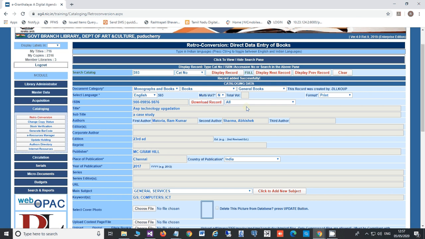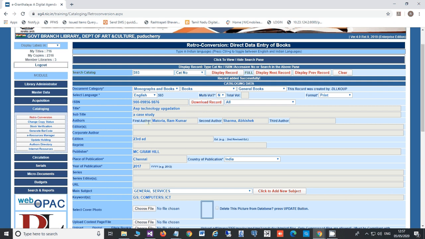Please remember, those who are going to add records need to understand this particular point in eGranthalaya 4.0, and ultimately the logic behind it: if a particular book is available in many libraries, then only a single record should be created and other libraries should use that record for adding their copies, adding their purchasing data, etc.